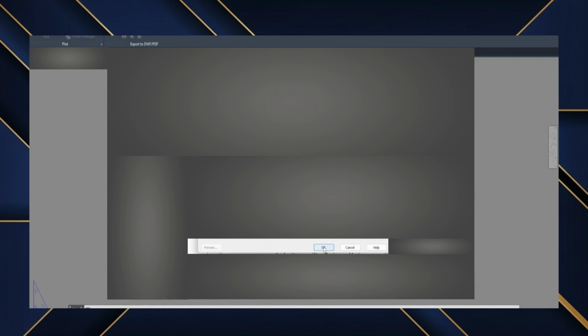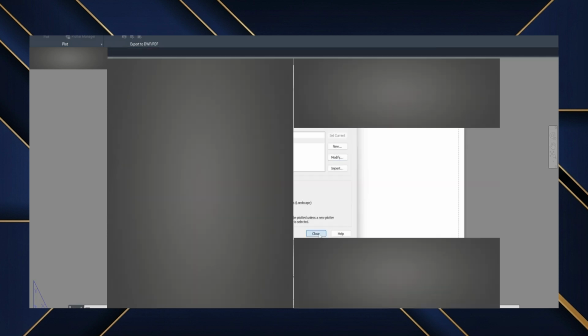After choosing the correct paper size, click OK to save the changes and then close the Page Setup Manager. Setting the proper paper size is important because it affects plotting scale, viewport appearance, and overall drawing presentation. Taking a few extra moments to verify these settings can prevent printing issues later and ensure your layouts appear exactly